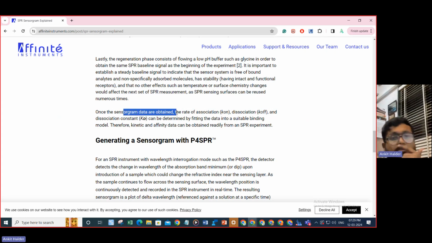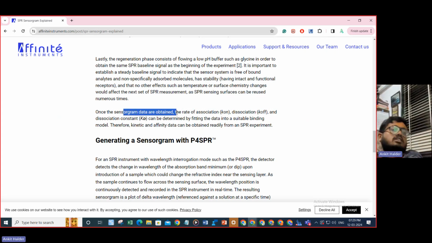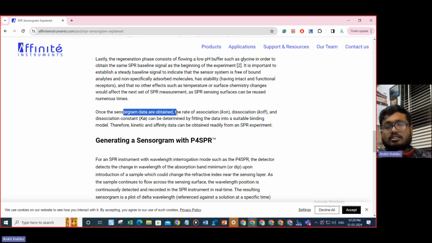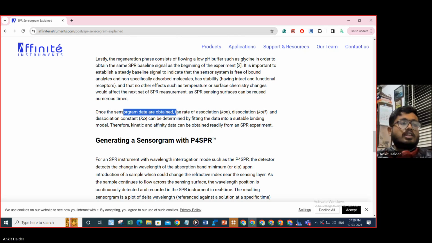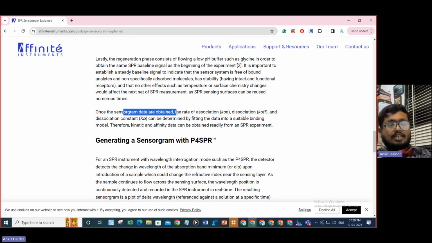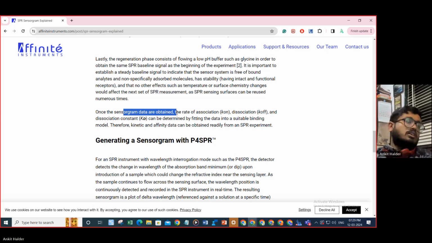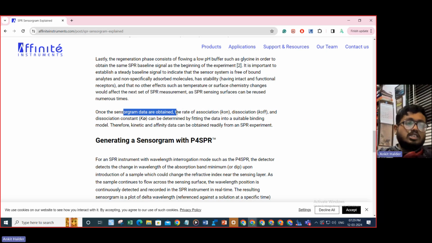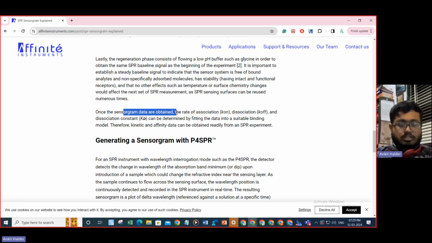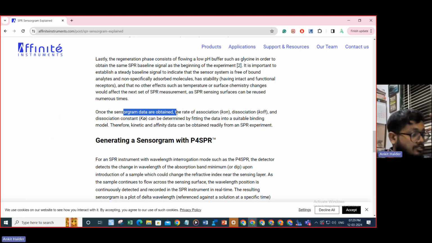So once the sensorgram data are obtained, the rate of association, that is Kon, dissociation, that is Koff, and dissociation constant, that is Kd, can be determined by fitting the data into a suitable binding model. Therefore, kinetic and affinity data can be obtained readily from an SPR experiment, or surface plasmon resonance experiment. So then it's generating a